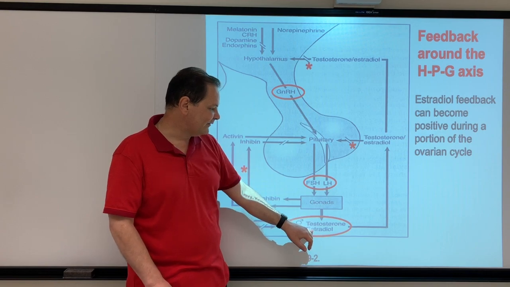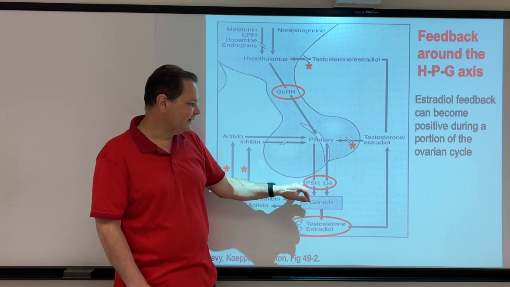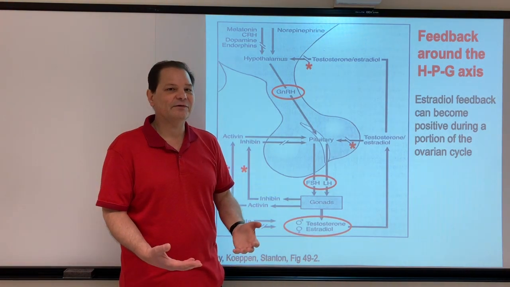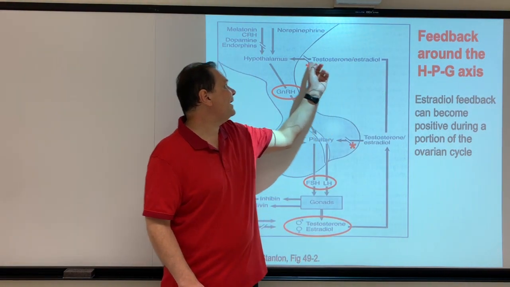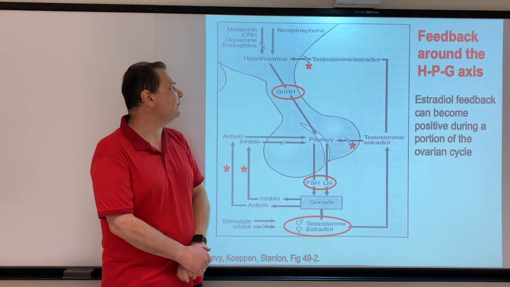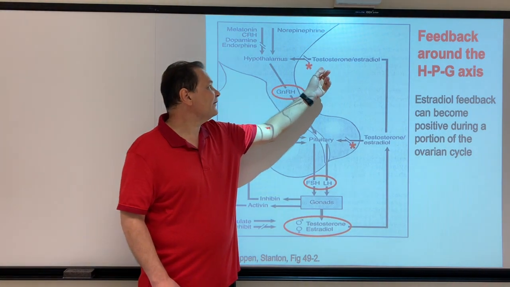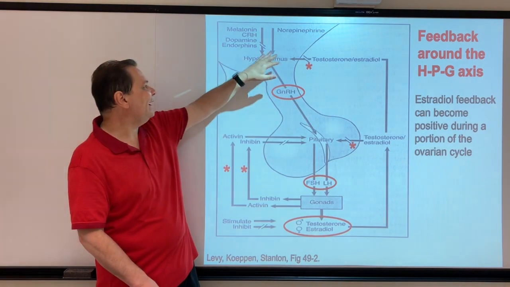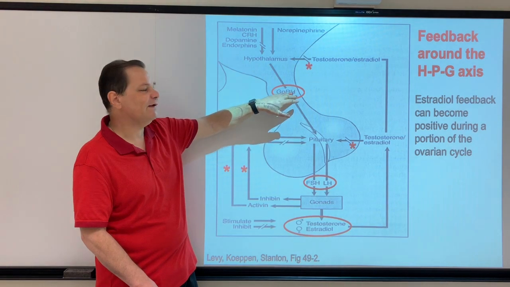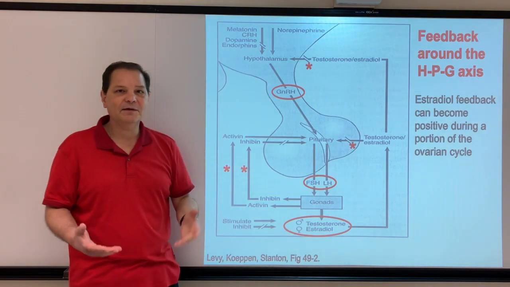The same thing happens with estradiol in the female. It feeds back upon the pituitary and limits the secretion of FSH and LH, and so the secretion of estradiol is kept under control. That same feedback inhibition takes place upon the hypothalamus, something that's particularly important when we talk about puberty in a second. The more testosterone in the male and estradiol in the female you have, the more negative feedback you have upon the hypothalamus and the less GnRH you secrete, and that keeps the secretion of these two hormones in check, okay, under control.